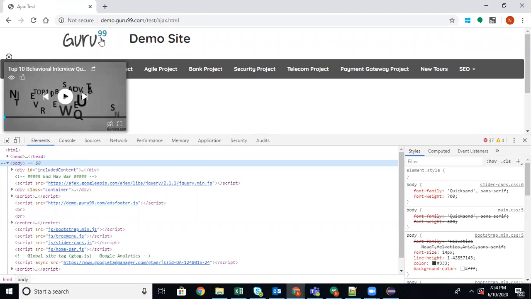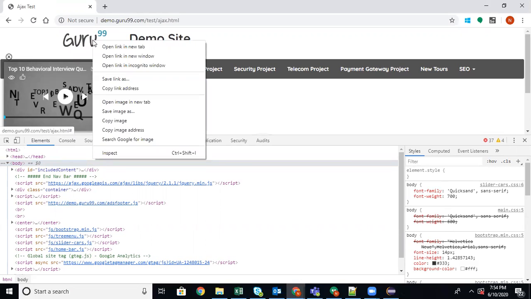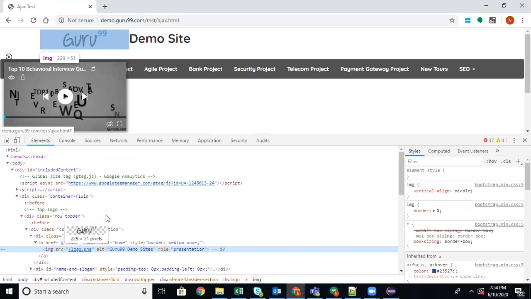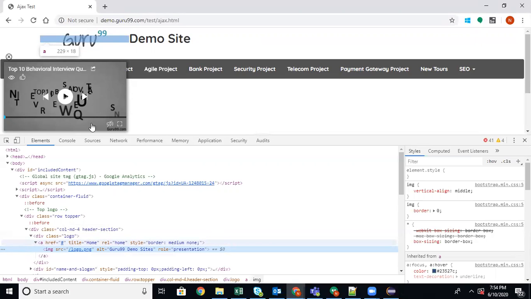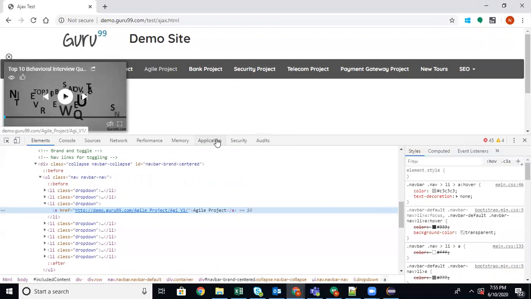Now, if I want to identify this web element, just right click, inspect. You can see when I hover, that particular web element is getting highlighted. The property of that web element is that it is a link, so it is inside href. You check whether there is a value for ID, name or class. Nothing is there. So I'm going to take these locators tomorrow, because that has to be explained in detail. I'm not going to take it today. Don't panic. We will just see how we can identify an element.